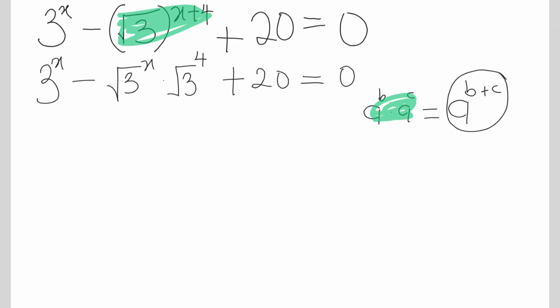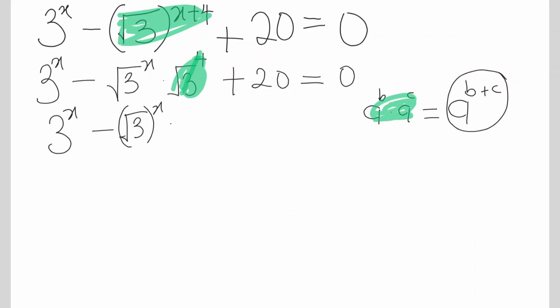So from here we're going to be solving the square root of 3 raised to the power of 4 to get an actual number. So of course it becomes 3 raised to the power of x minus, then we have the square root of 3 raised to the power of x